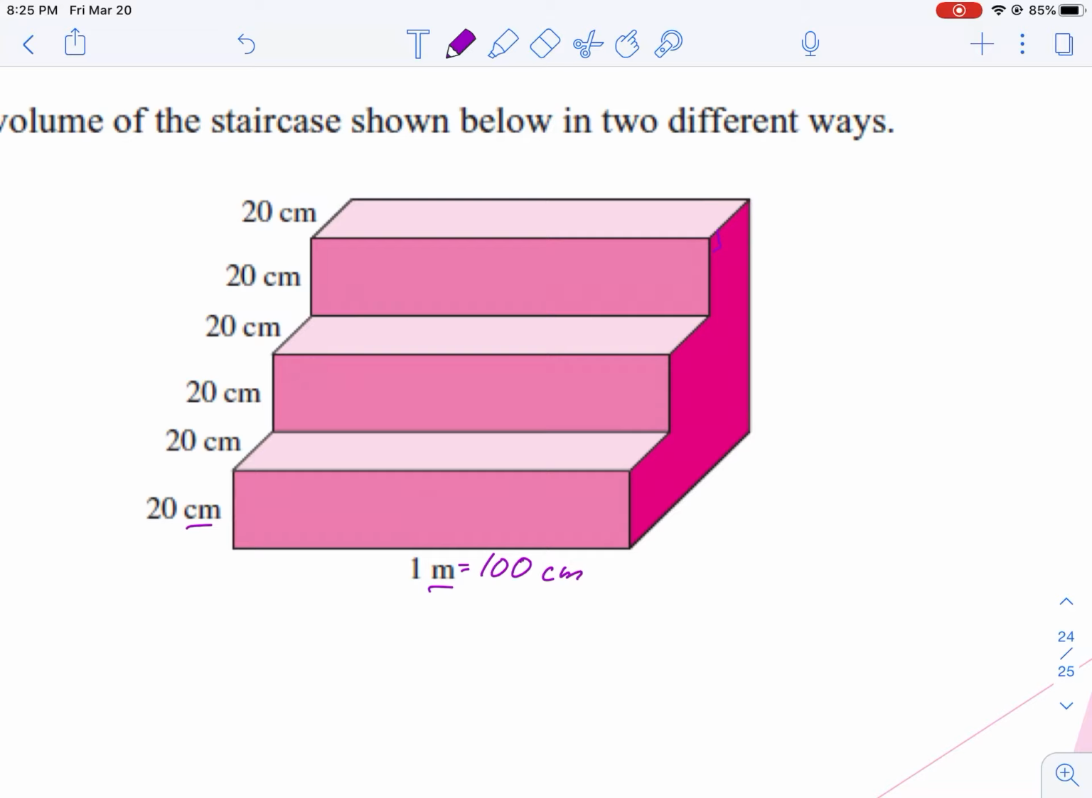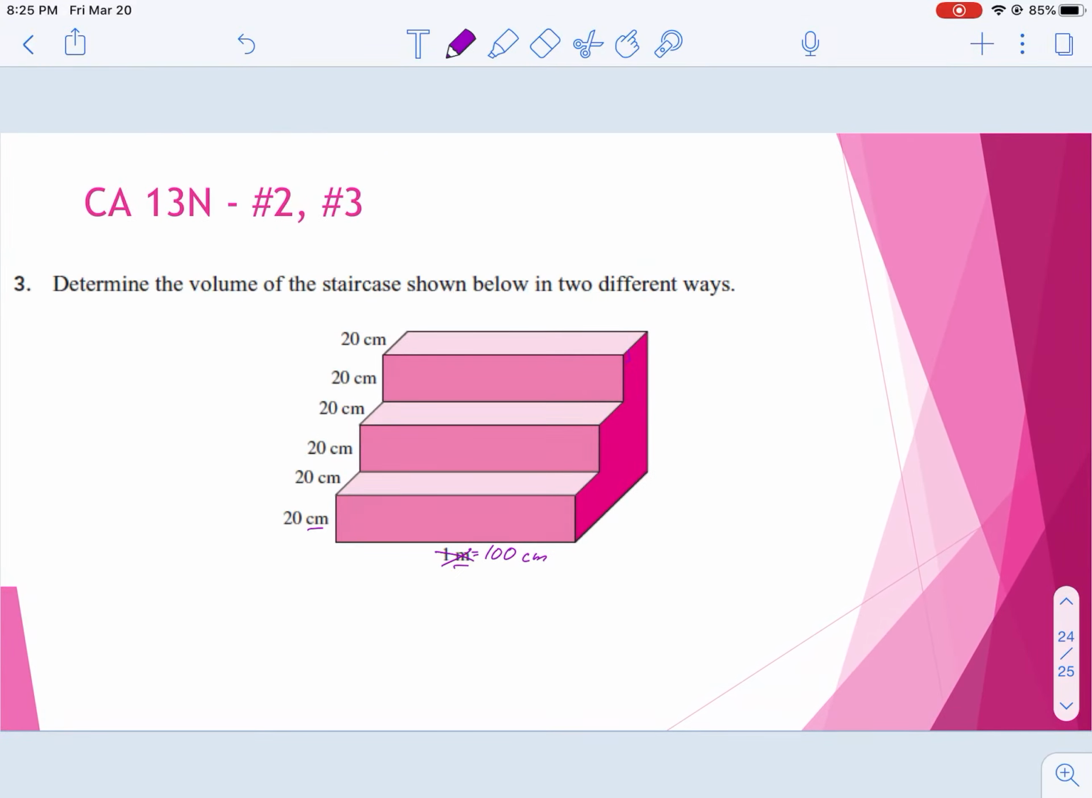Hopefully you notice something here, that these don't match up. 1 meter is equal to 100 centimeters. So let's go ahead and use that 100 centimeters there. And again, it says in 2 different ways. In the past, during class, we've come up with 6 or 7 or 8 different ways. So really would like to see what you can do there and post